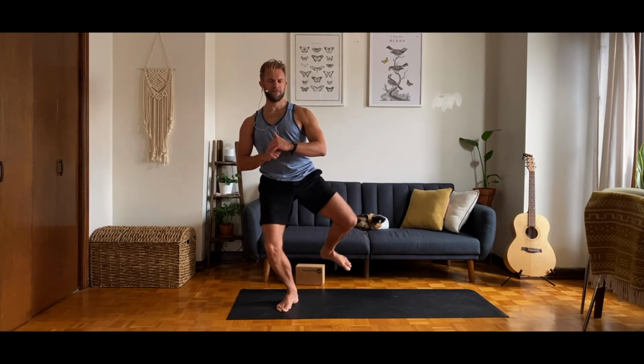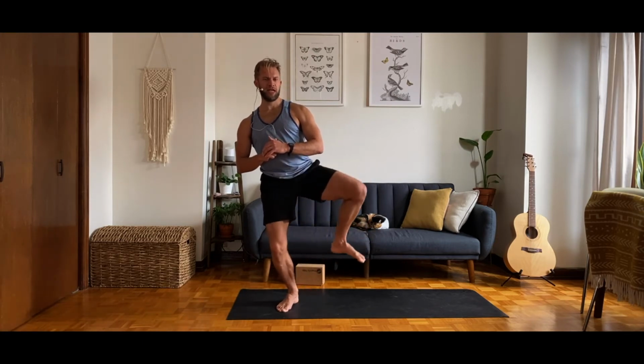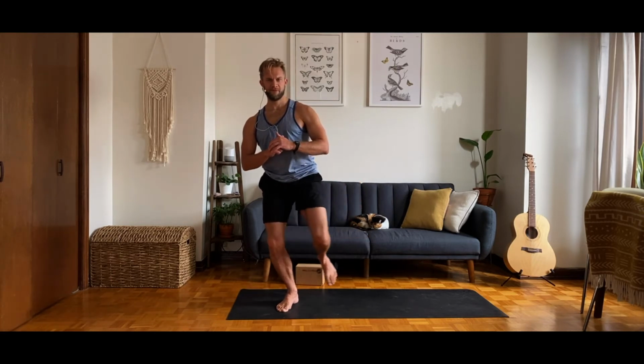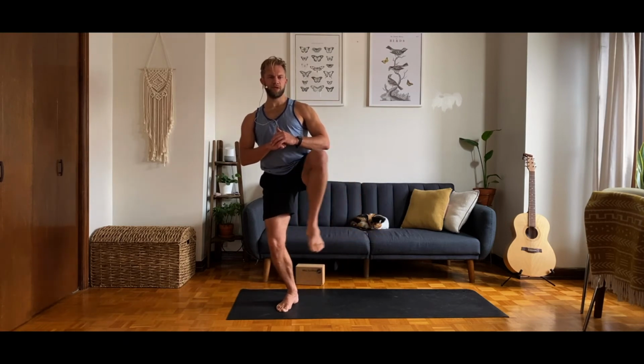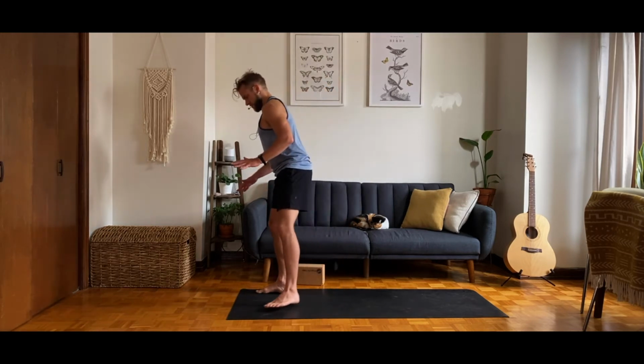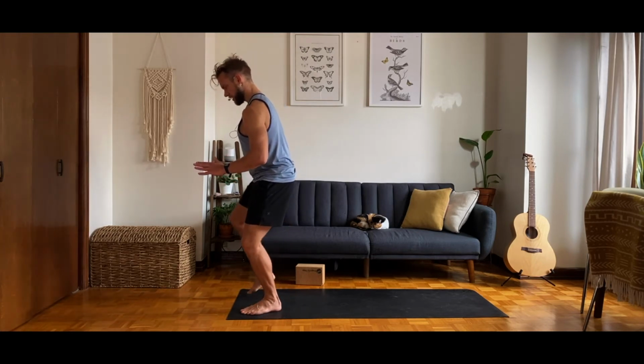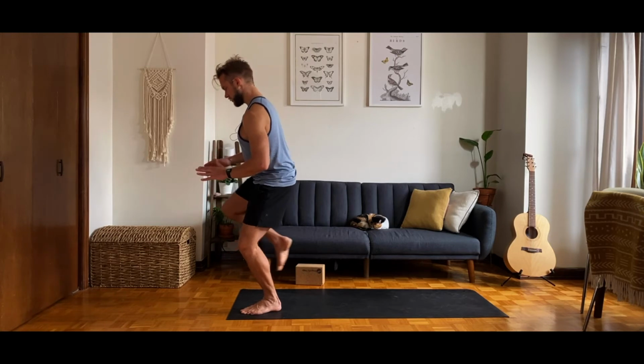And try to really engage the buttock to push out from the knee. And change directions. Squeezing the center line. Last one. Very good. And we'll lower that left foot again. So transfer the weight over your left foot, right leg up, and this time we'll slowly step that right foot